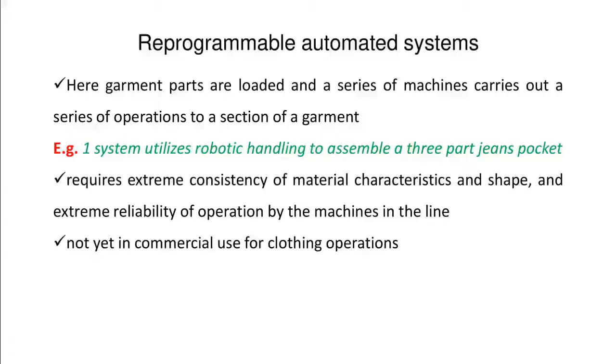These are such automated systems which very few organizations have, very few in India, a little more in China and Japan, etc. But then, as of now, commercial use for clothing operations has not been in place. If this happens, that let's say even 50% of the garment can be done using robots and automated systems, that simply means 50% of the jobs in the garment manufacturing trade will be gone.